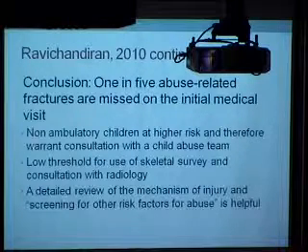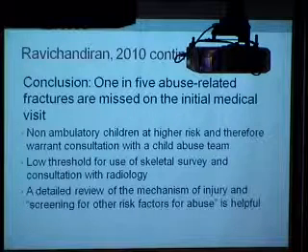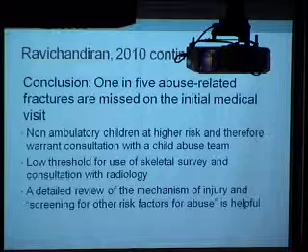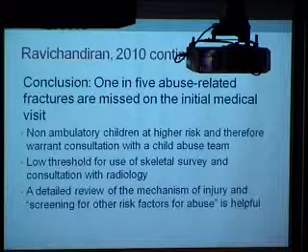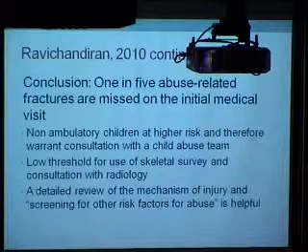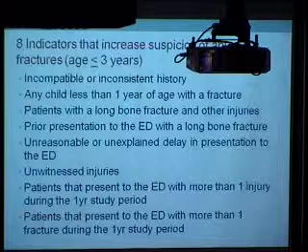So the first 2 are very clear to me. I get that. This was not as clear to me. I didn't know what they meant, and they didn't refer to anything. So I tried to find some more information about, well, what are the risk factors? So I found another study.